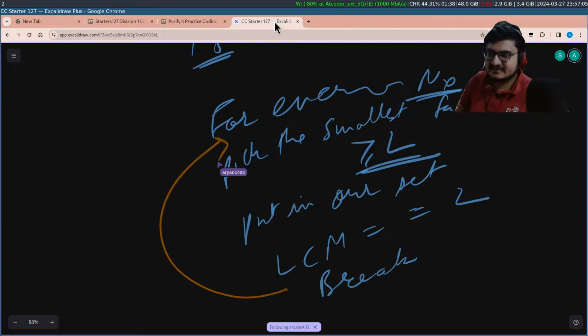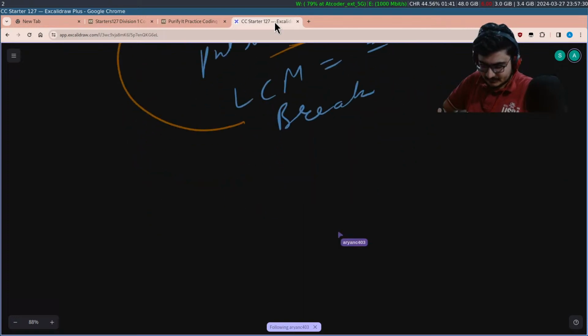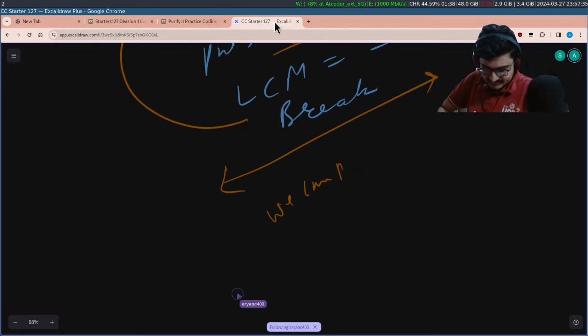Pick the smallest divisor greater than L which we have not picked so far, and put it into the set. And because all the numbers are divisors of the target, the LCM can never be more than it, but after picking some numbers, there will be a point when the LCM becomes equal to the number. At that point we stop adding numbers, and whatever the max number we have added is the cost. Now if we run this algorithm, we can pre-compute the subtask when L equal to 1.